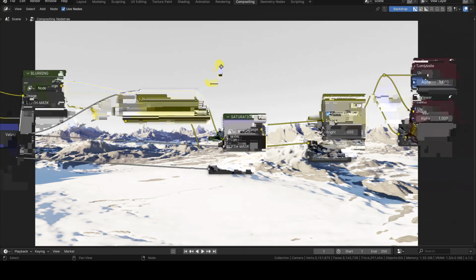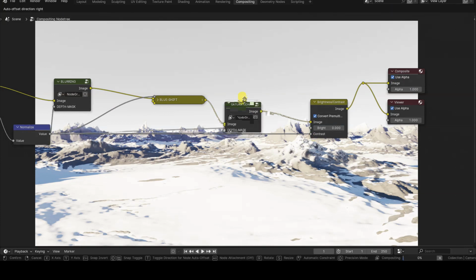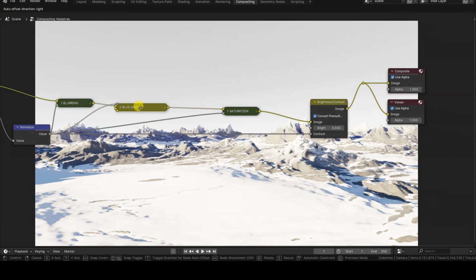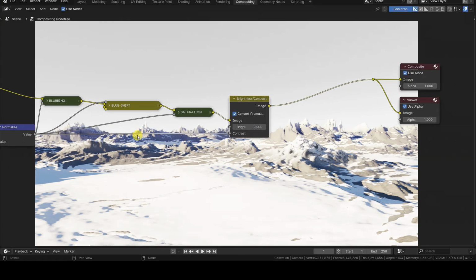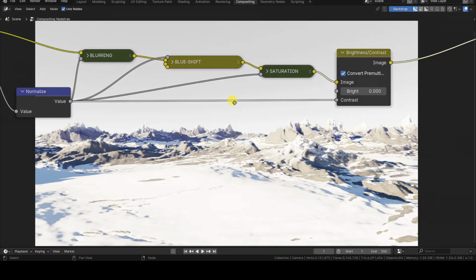Since the normalized but not inverted depth information returns values from 0 to 1, with 1 for the most distant elements, the first thing to do is to multiply the output of normalized by -1. This will result in 0 for the closest objects and -1 for the farthest ones, thus achieving an initial contrast reduction.